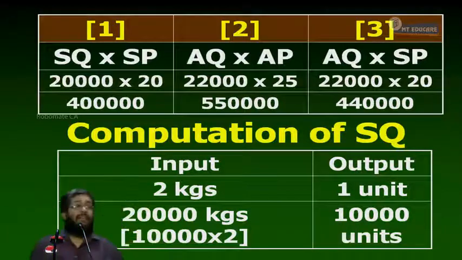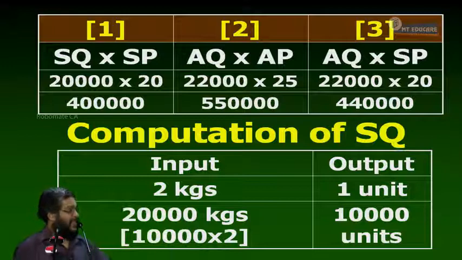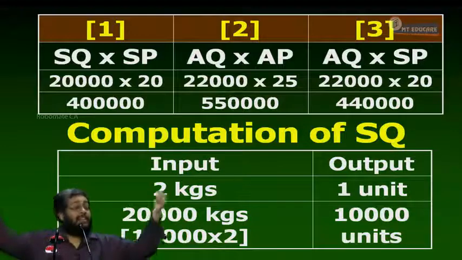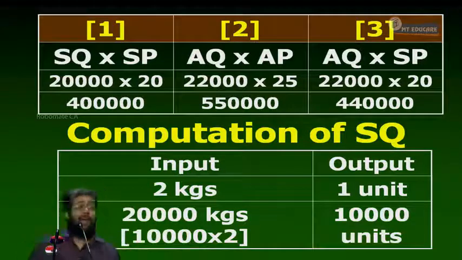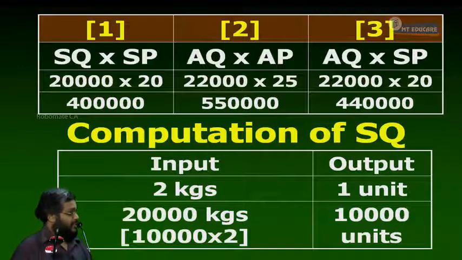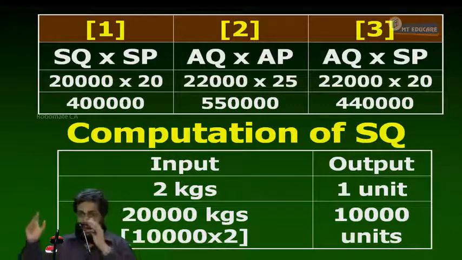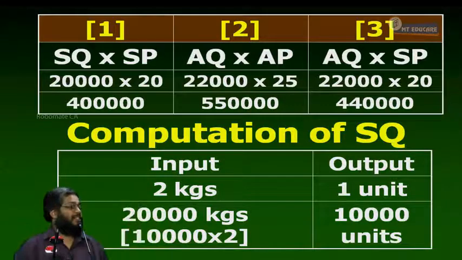If the adverse variance is due to the purchase price, the purchase manager is responsible. If it was due to the extra consumption, who is responsible? The production manager should be responsible. So I should analyze further into price variance and usage variance to fix the responsibility. Now tell me, why does the raw material cost change?